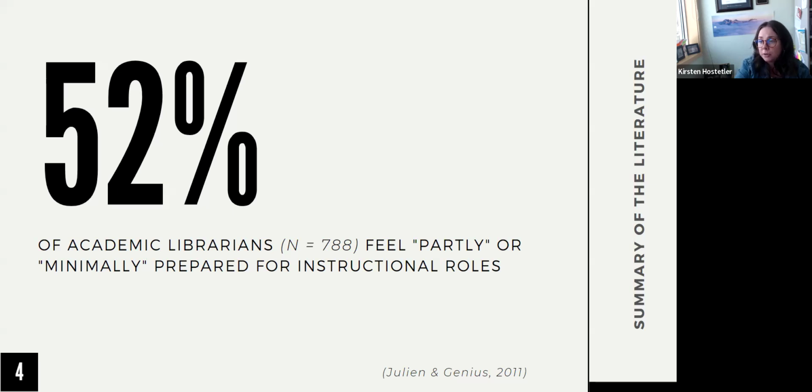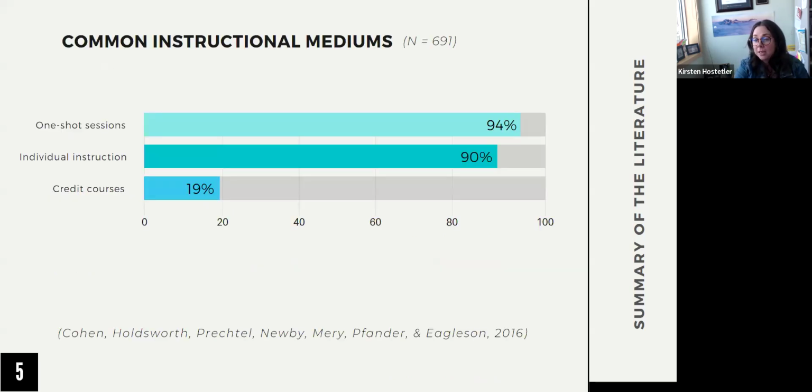So my literature review findings suggested that many librarians enter this field ill-equipped to handle the environments in which we teach, and they're expected to learn on the job and develop their own processes to execute their day-to-day instructional responsibilities. And then the other unique component for teaching librarians, of course, is the environment in which we teach. So I think